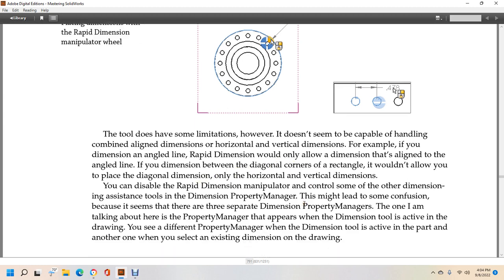You can disable the rapid dimension manipulator with the control of some of the other dimension system tool options of the dimension property manager. This means it may lead to some confusion because it seems like there are three separate dimension property managers. There's only the one I am talking about, the property manager that appears when the dimension tool is active at the end of the drawing. The different property manager of the